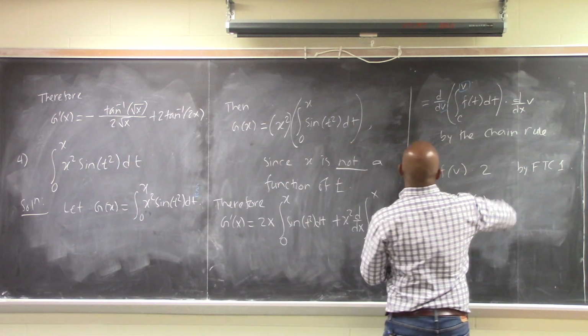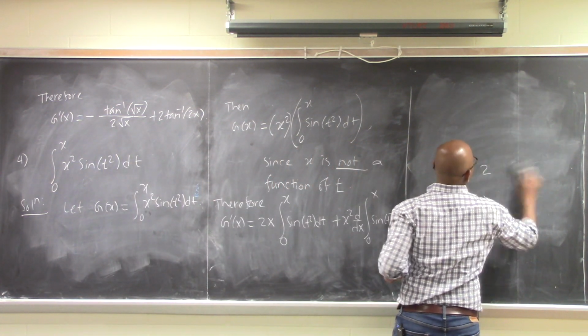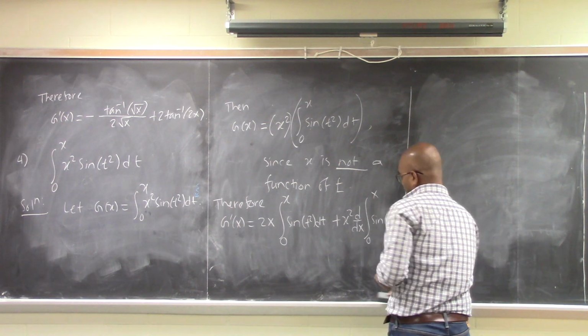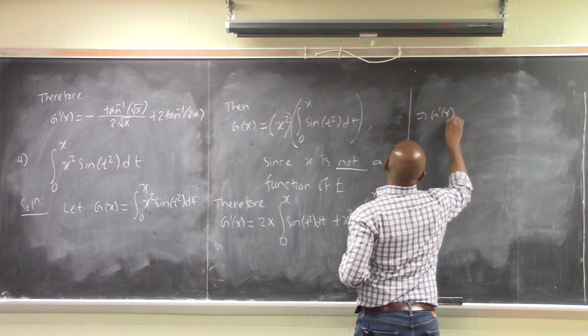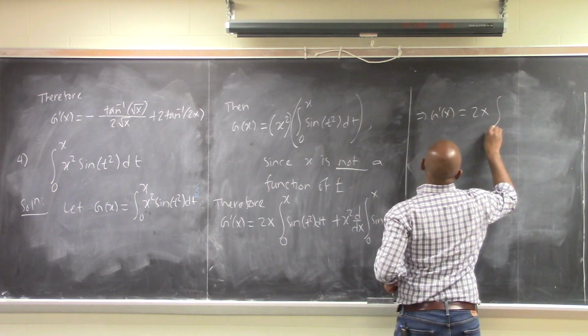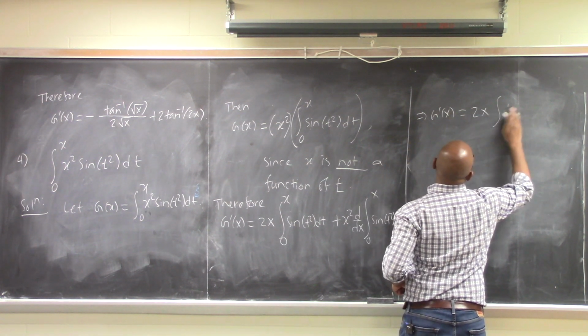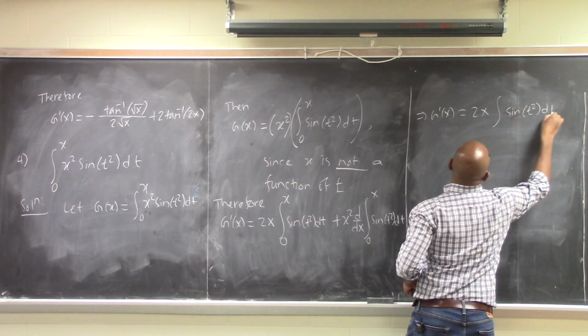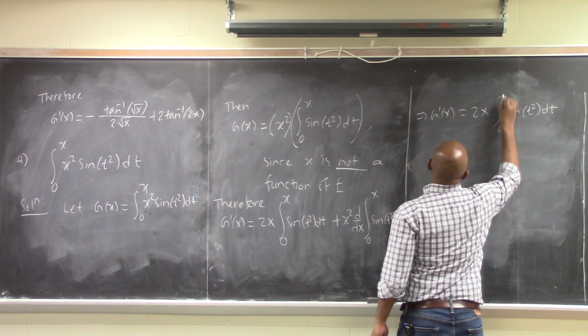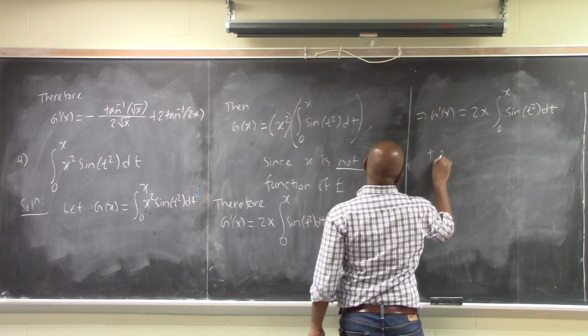So this derivative is 2x times the integral of sine of t squared from 0 to x plus x squared times